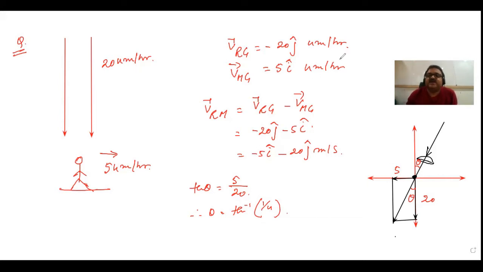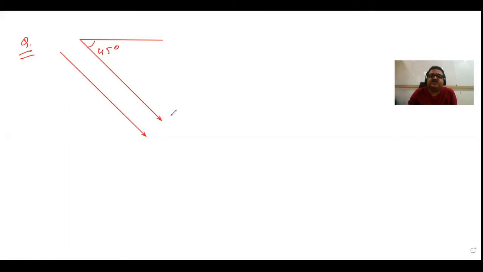Now let's handle another problem. Suppose now the rain is falling obliquely. It is the direction of falling rain, correct? Really it is falling like this, correct? And let me assume the value of this angle is, say for example, 45 degree. And this is the speed of the falling rain, 40√2 kilometer per hour.